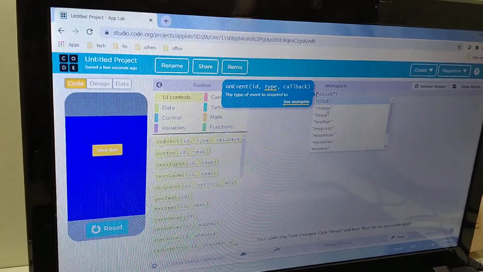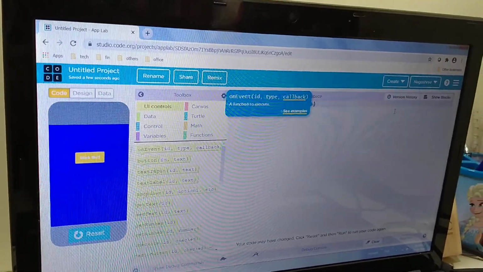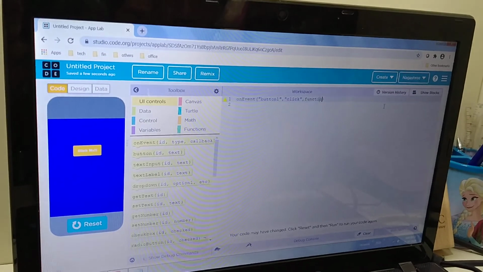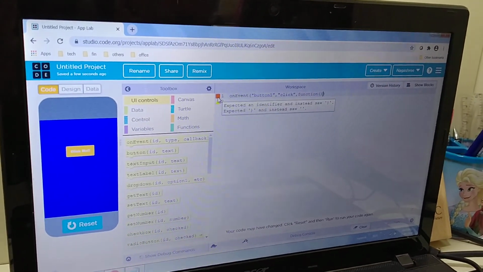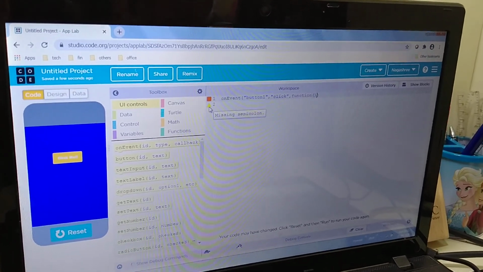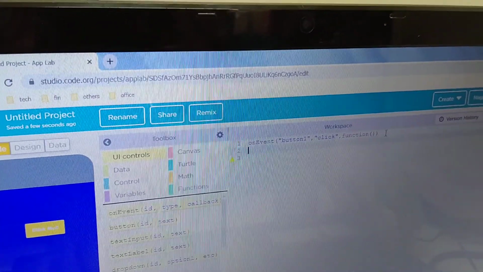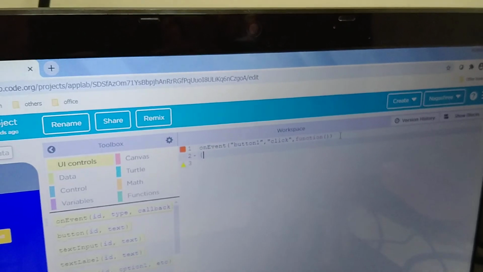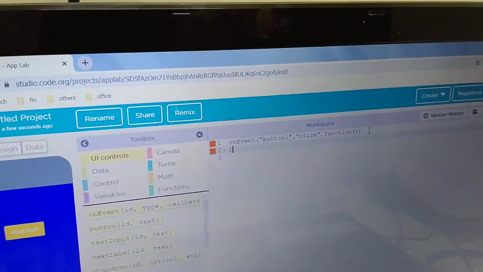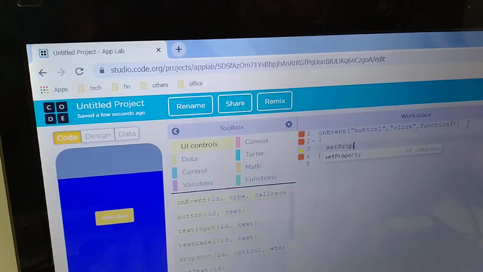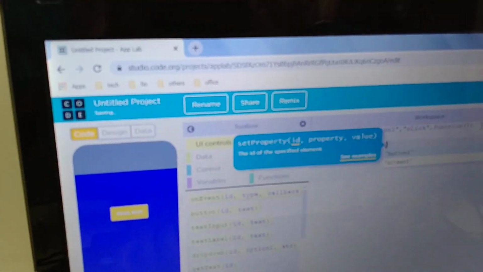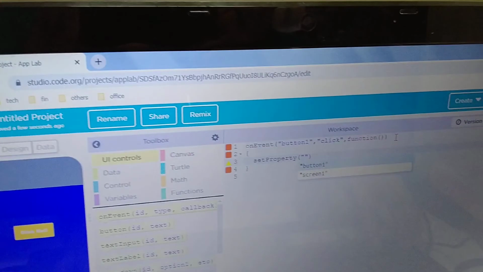So we are typing in the command here. This is text based coding. Here I am typing the function. If there is any error, I'll get a red mark. Otherwise, I'll get a yellow colored arrow. Yellow colored arrow means it is a warning. Now I will set the property of that screen. Screen to the